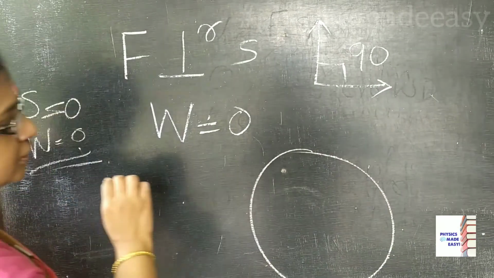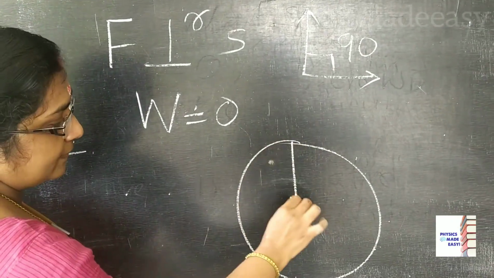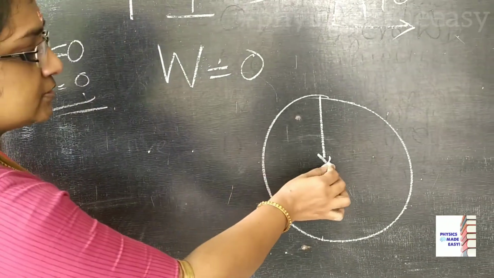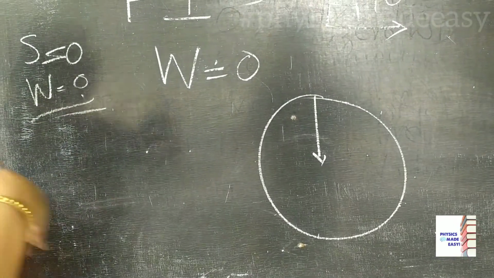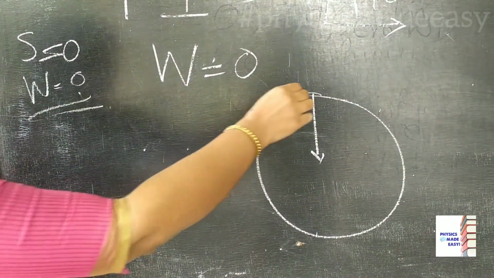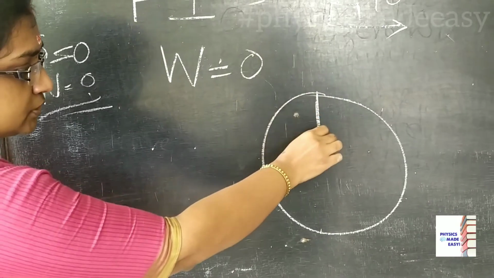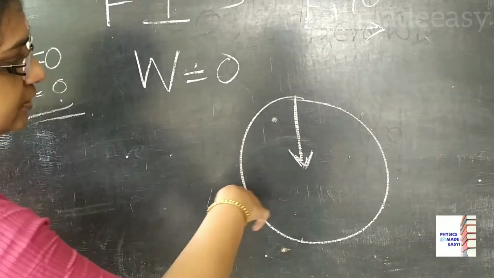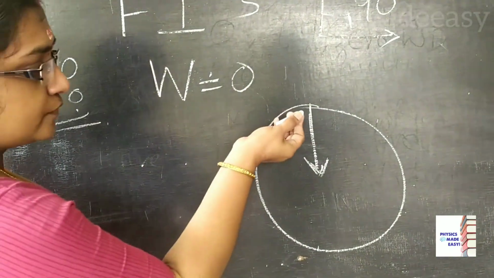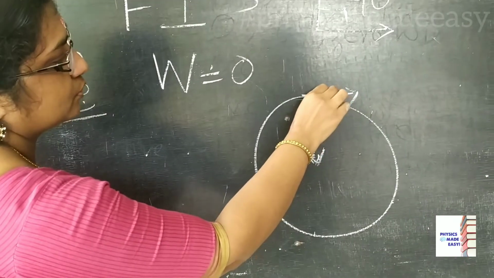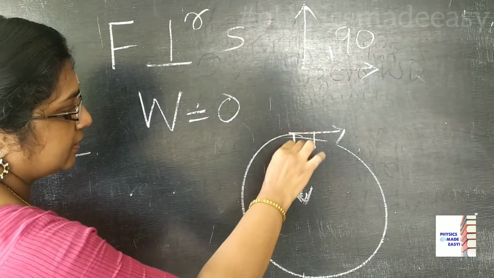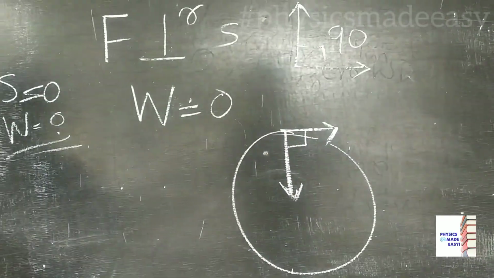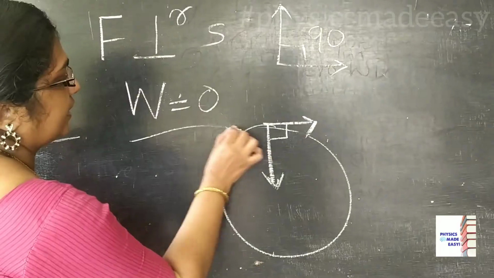Children, circular motion. In this case what is happening? Centripetal force is there. Here you can think the sun is at the center and the earth is moving around the sun along its orbit. So here the centripetal force is there. The force is towards the center. That's why we call it a center-seeking force, centripetal force. And the displacement of that object is along the tangent. Here you can see 90 degrees. The direction of force and the direction of motion of that object are both at 90 degrees. In this case the work done will be 0.